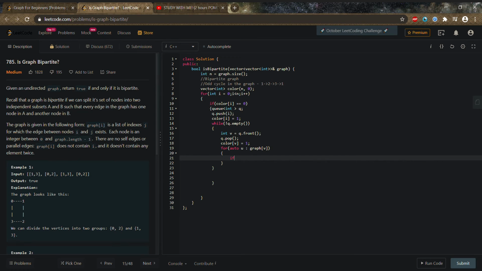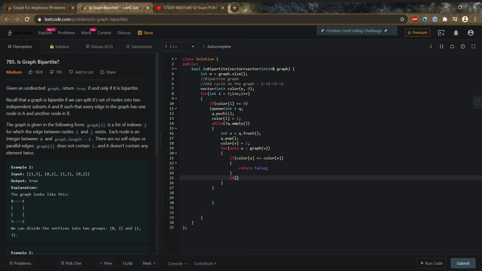If the adjacent nodes have the same color, then we can surely say that it is not a bipartite graph. In this example, 1 and 3 had an edge together but were of the same color, so they cannot be divided into two sets. So if color of u is equal to color of v, then we have to return false in this case.